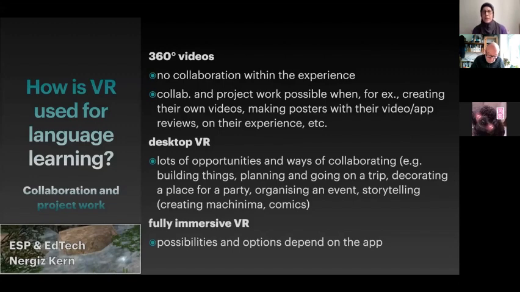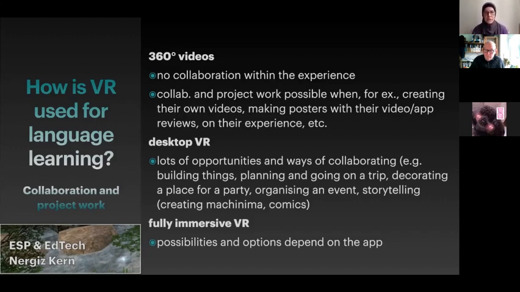For example, students could create their own videos, or they could have the experience on their own, but then talk to others about their experience, or they can create posters together, write reviews on their experience. So there can be collaboration about the app or about the experience, but not within the experience.